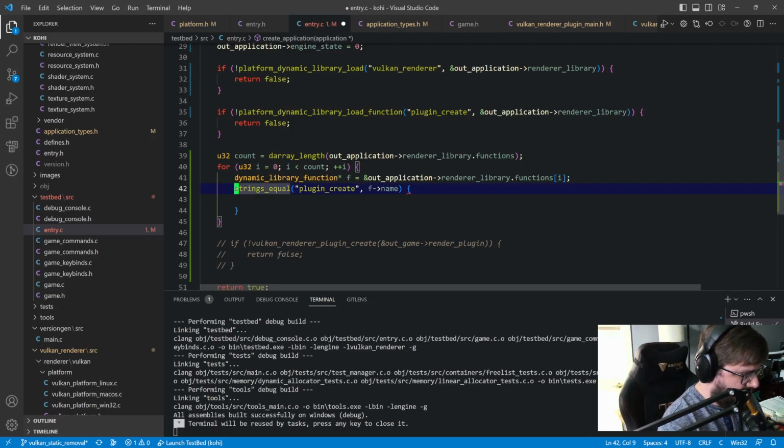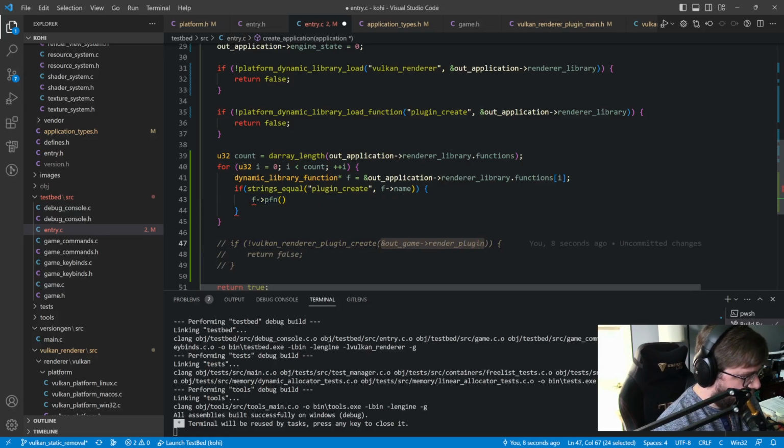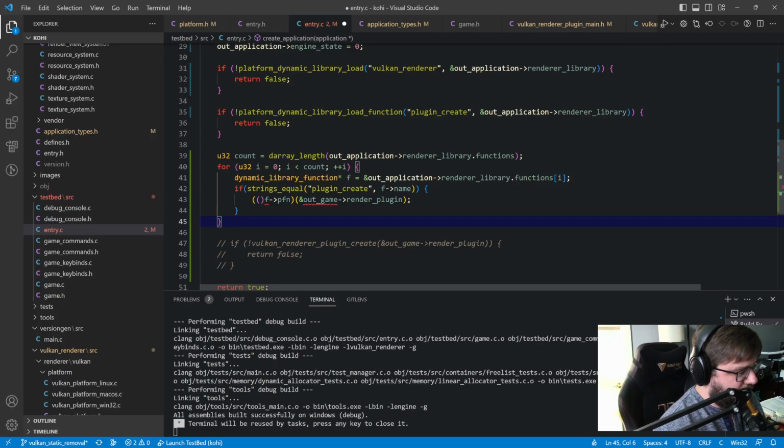So we'll compare those two to say, hey, if those two are equal, then, whoops, that's why that was weird. So if those two are equal, then we will go ahead and call the function. So we'll say f pfn, and then from here, we're actually going to have to cast that to a known type in a second. We are just going to pass the address of our plugin. Okay, and so our f pfn is going to have to be casted to the type of function that our